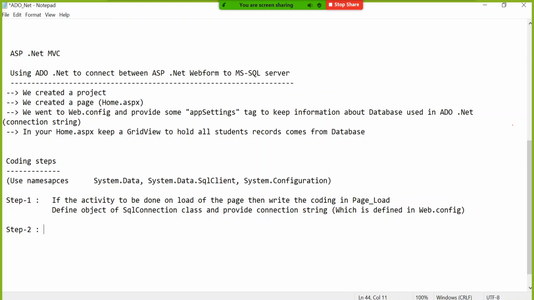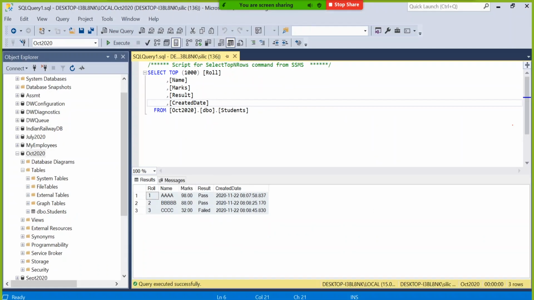Yep. So step number 2 is SqlCommand. So create an object of SqlCommand and pass the command to be executed. Going forward in SQL Server, you will be learning so many commands.